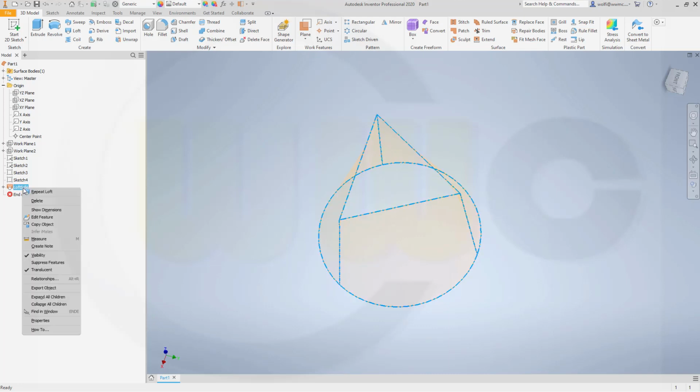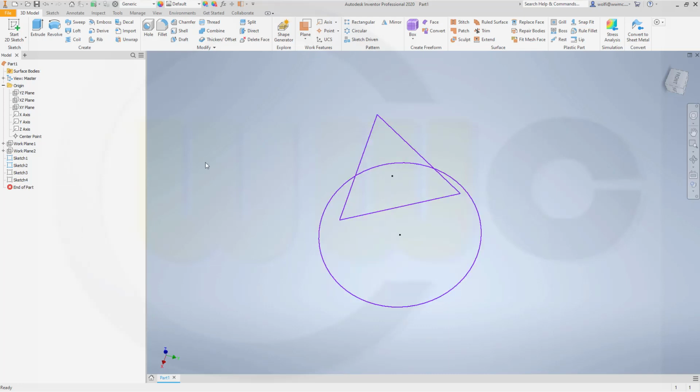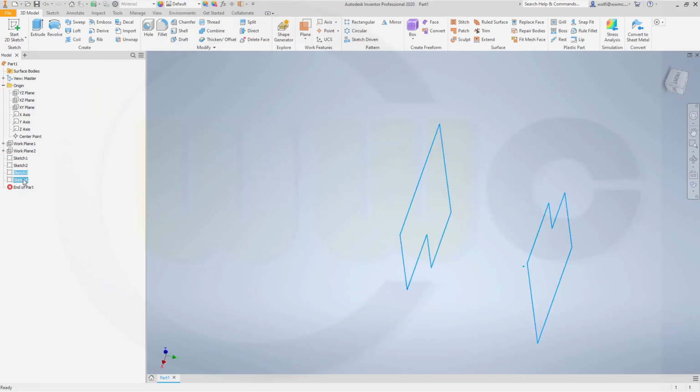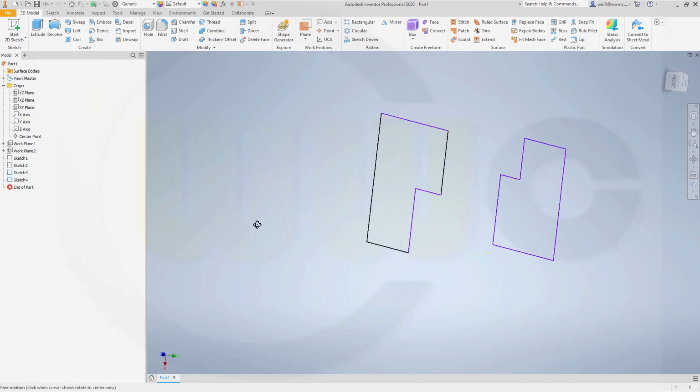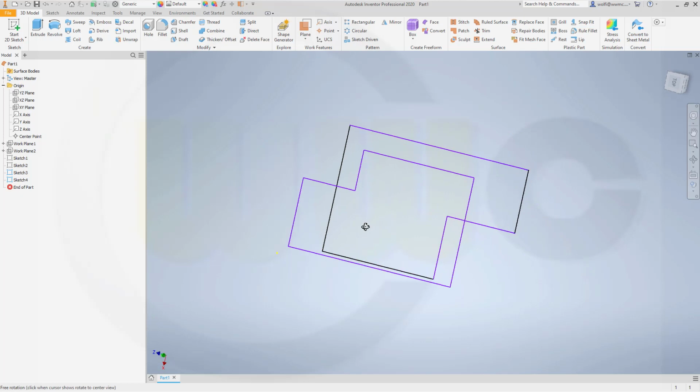Let's hide or delete this one and take a look at the second scenario, which I did in the other two programs. So those profiles looked something like this. Okay, sort of irregular shaped